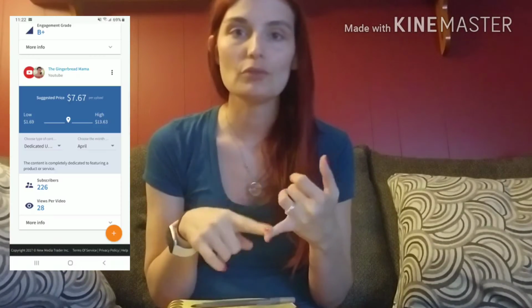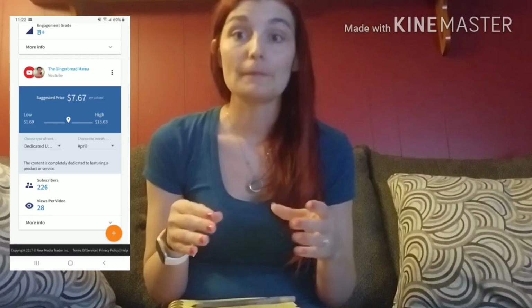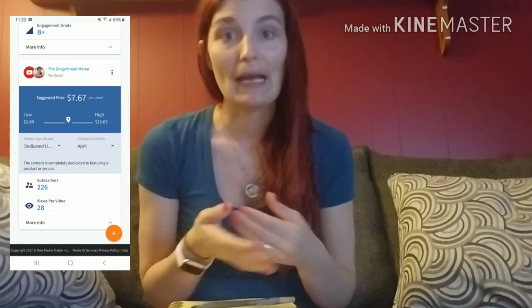The second one is Social Bluebook. Now, Social Bluebook, maybe there's an app for iPhone, but there is not for Android. This is a site that you have to go on. You go in and type in your information for either your YouTube channel or your Twitter or your Instagram, and it gives you your rating of how much engagement you've had, how many followers you have. It gives you kind of an ABC rating on there, but it also gives you an estimate of how much,